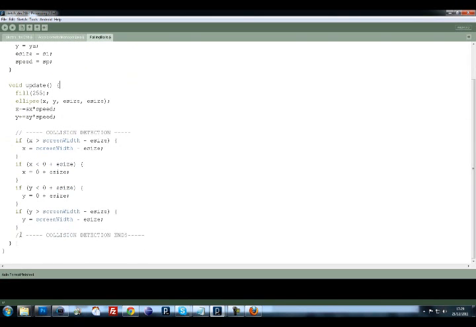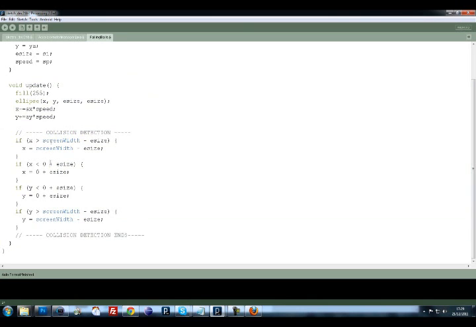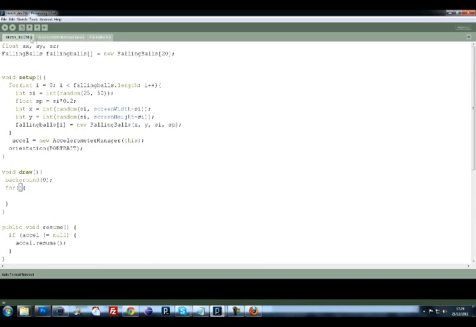Is the update method, this bit here. So it's got the collision detection, and it just fills an ellipse and moves the x and y position by the acceleration and speed. So what we want to do now is do the same thing here for I equals 0, I is less than the falling speeds dot length, I plus plus. Paste that here,